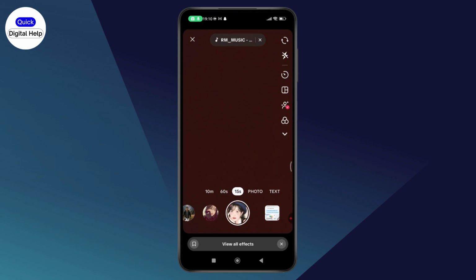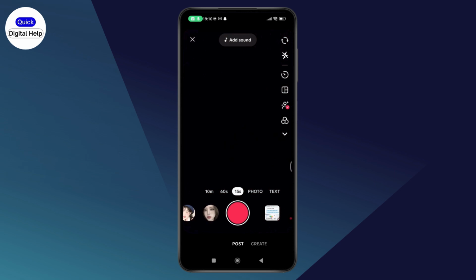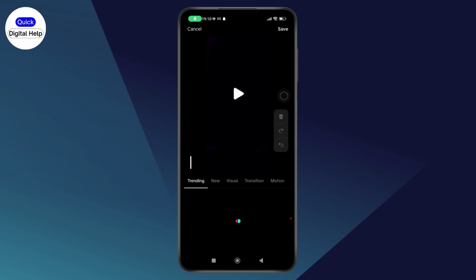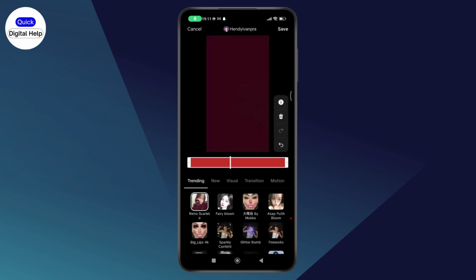Or if you've already recorded a video, like for example, I'll just simply go with a blank filter with no filter and record something. Now, as you can see that I've done recording. Now, once you've done recording, and if you want to add the filter at the last, then you can go with the filters option right here, tap on it, and then you'll be able to add filters like the trending,